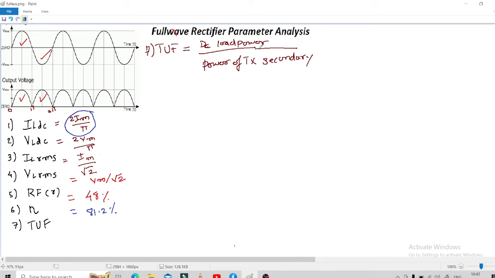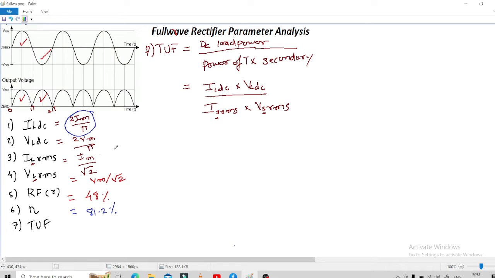Okay, transformer secondary winding over here. So this can be written as RLDC into VLDC. Okay, that is the DC power upon ISRMS into VSRMS. Okay, so this is the transformer secondary, my dear friend. So this ILRMS and VLRMS is different, and this ISRMS is somewhat different over here. So both are AC power over here,